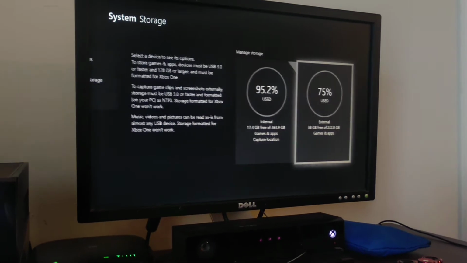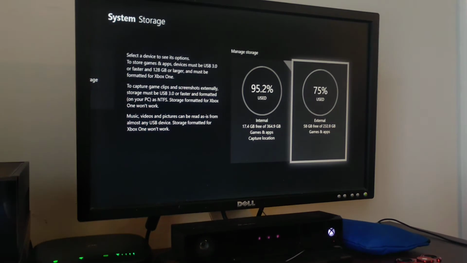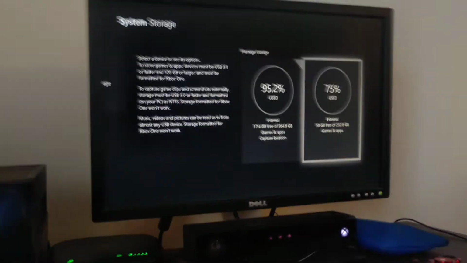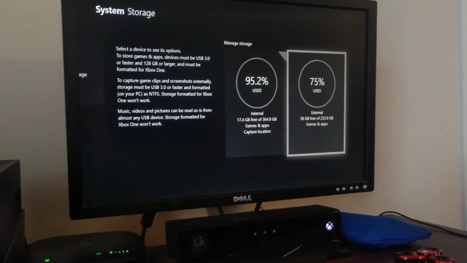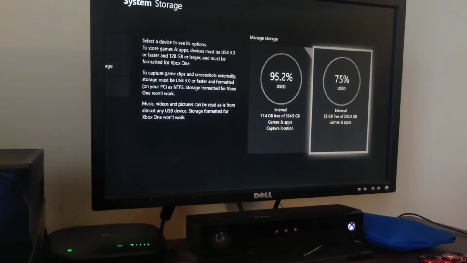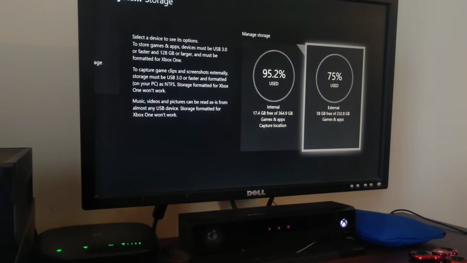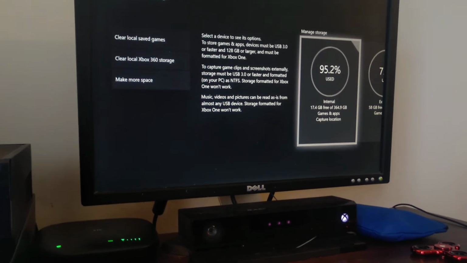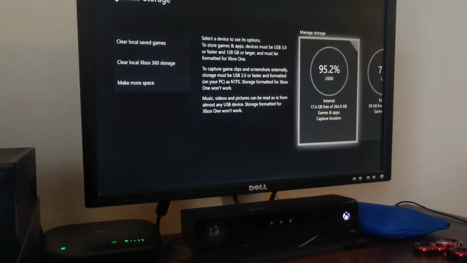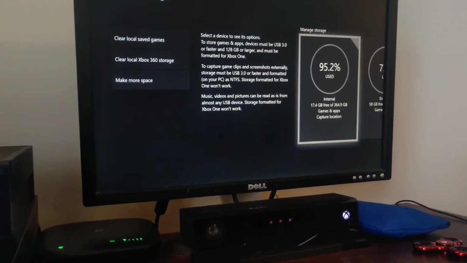As you can see, I have an internal and external hard drive. I have a 250 gigabyte. Obviously, you don't have the full 250. And you can see it's 75% used. I currently have 58 gigabytes free of 232.8 gigabytes. And my internal is nearly full with 17.4 gigabytes free of 364.9